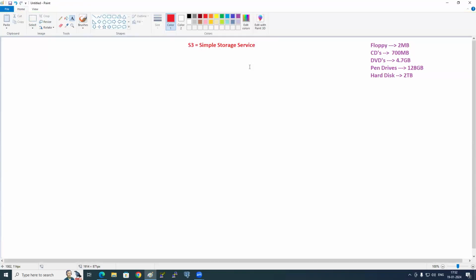One more time. Simple storage service. Okay, simple storage service. See here, this is a perfect certification question. In certification, they will ask, what is the full form of S3?